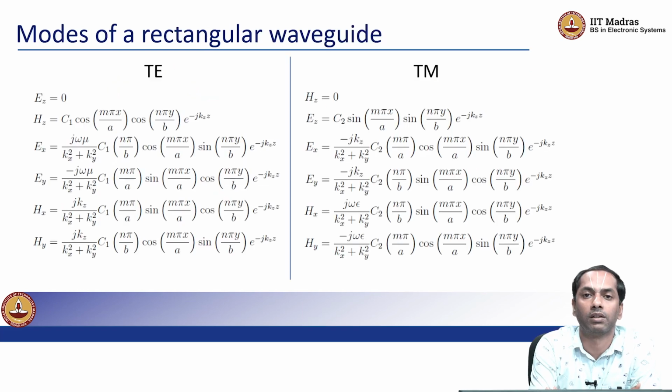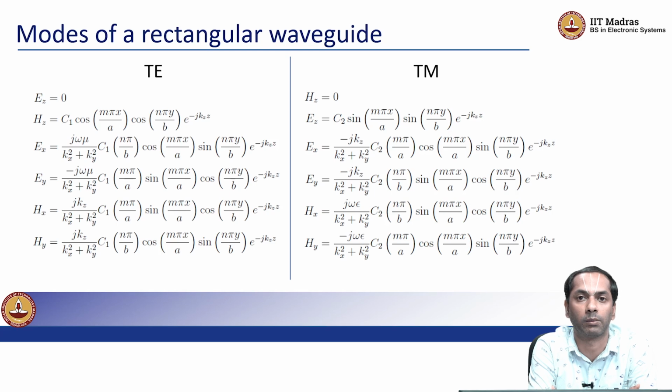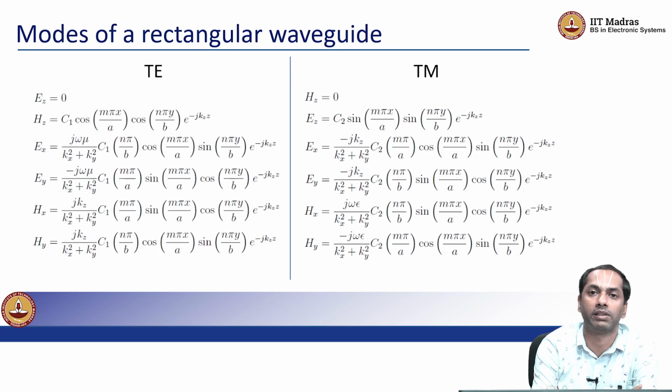Okay. So, without going through the derivations for the electric and magnetic fields, I borrow from the textbook the expressions for the electric and magnetic fields, the full three-dimensional vector field solved for the TE case and the TM case, right. So, even for the rectangular waveguide, I have two scenarios, the transverse electric and the transverse magnetic, right, and we said that